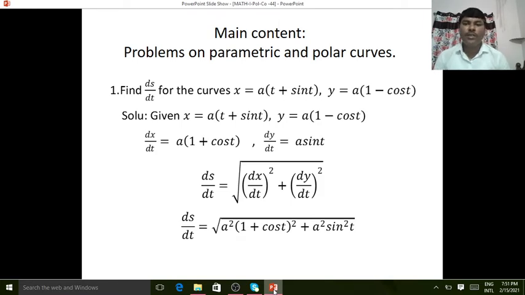The first problem is find ds by dt for the curves x is equal to a into t plus sin t and y is equal to a into 1 minus cos t. So here we have to differentiate both curves with respect to t, and the formula for ds by dt is equal to square root of dx by dt whole square plus dy by dt whole square, and substitute the values of dx by dt and dy by dt. So we get this one,